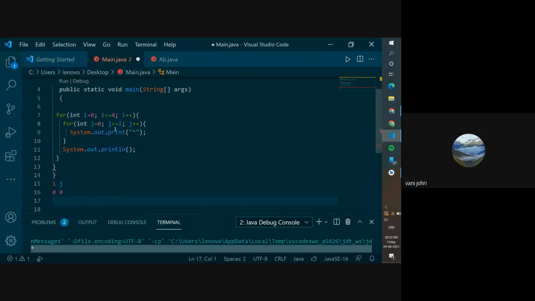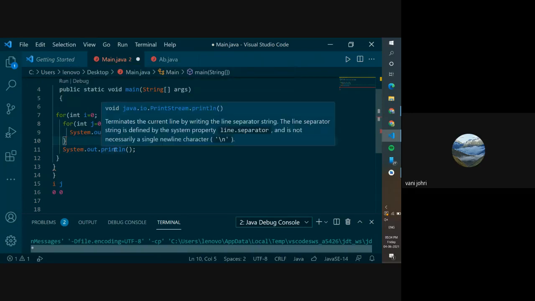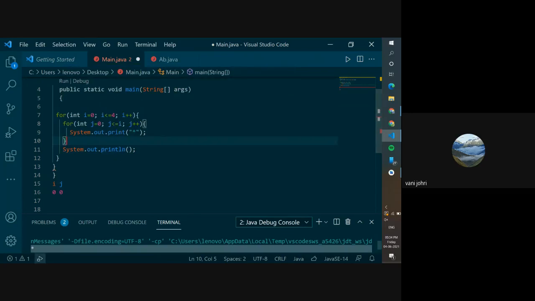And then it checks whether 0 is less than or equal to i. You get this j plus plus; this will not be working right now. It will say okay, it's less than that, and come inside. What are we checking? Less than or equal to i. So j is 0 and i is 0. Is 0 less than or equal to 0? Yes, it is. So it will come inside and print this symbol, asterisk, and then this for loop will end. It will come over here and do a System.out.println. What does println do? It will change the line.